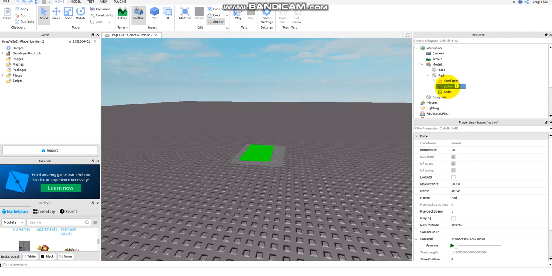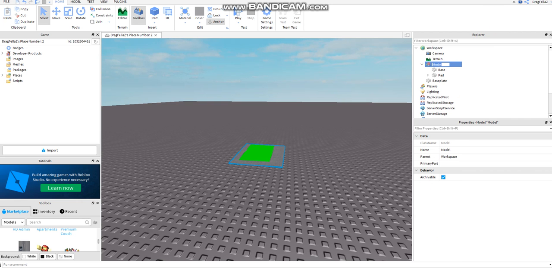Oh guys, I just found a mistake. This is not supposed to be active, it's supposed to be activate. I'm so sorry. Also do this to jump pad. Hold up, do jump pad